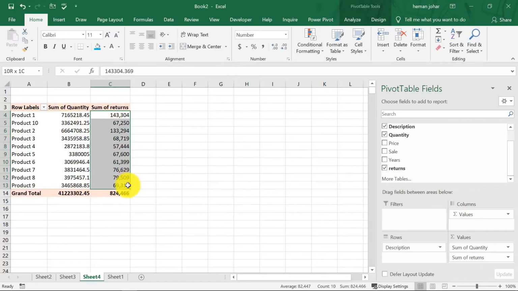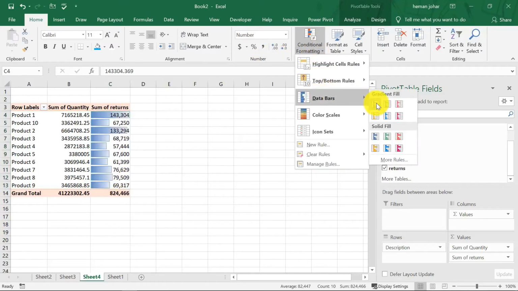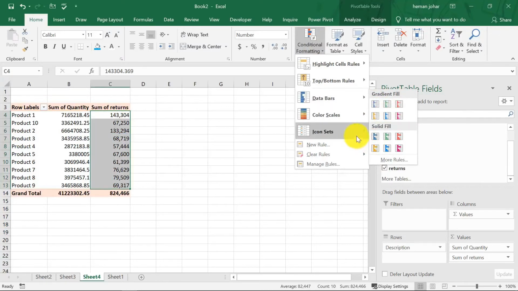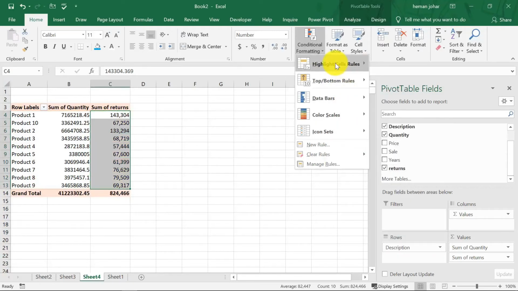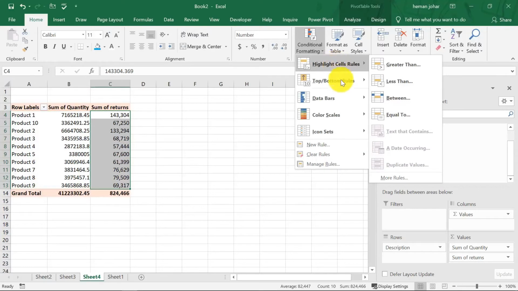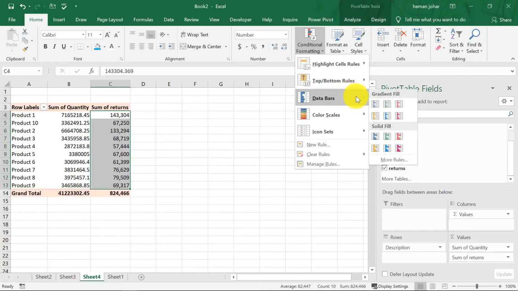I'll select this, go to conditional formatting, go to data bars, and whatever kind of conditional formatting you want to put in, it can be put in there. See this? You can have highlight cell rules, top bottom rules. I have created a detailed video on conditional formatting, so you can use that to learn it.